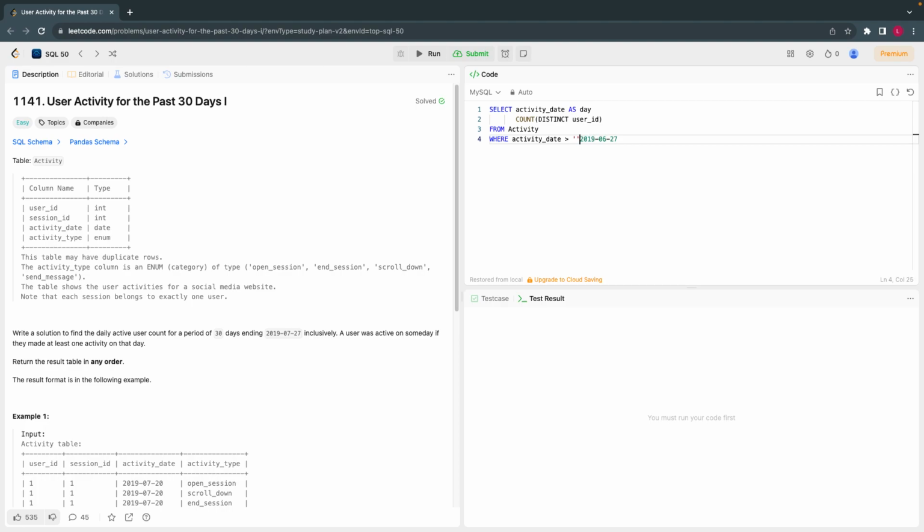Basically it is 28 only, so it starts with 28. This is just for reference. If you calculate the number of days between, and activity date is less than or equal to